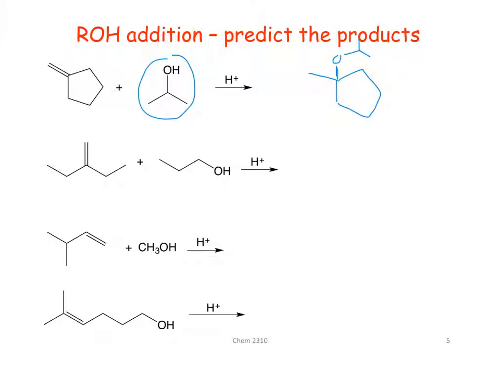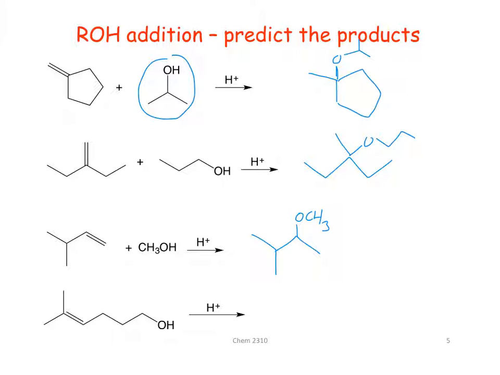The next one, we're just going to add the alcohol here. We used propanol, so we get that product. What about the next one? Do we just get the same thing? In this case, we get